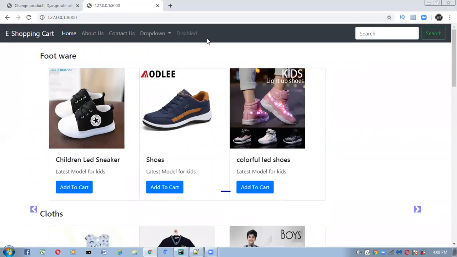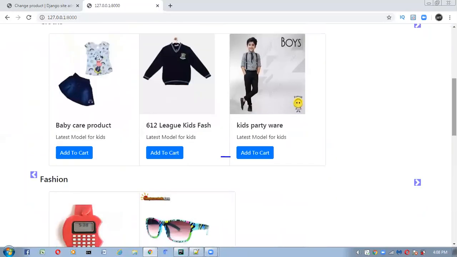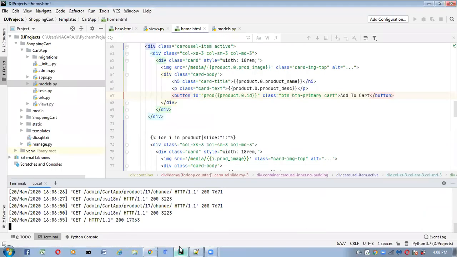First one, I want to correct this slide. In each slide I want to show four items, but here it is showing the wrong way. How do we correct that? What do we have to do? Let me go to the home.html file. Here in home.html we made one small mistake.